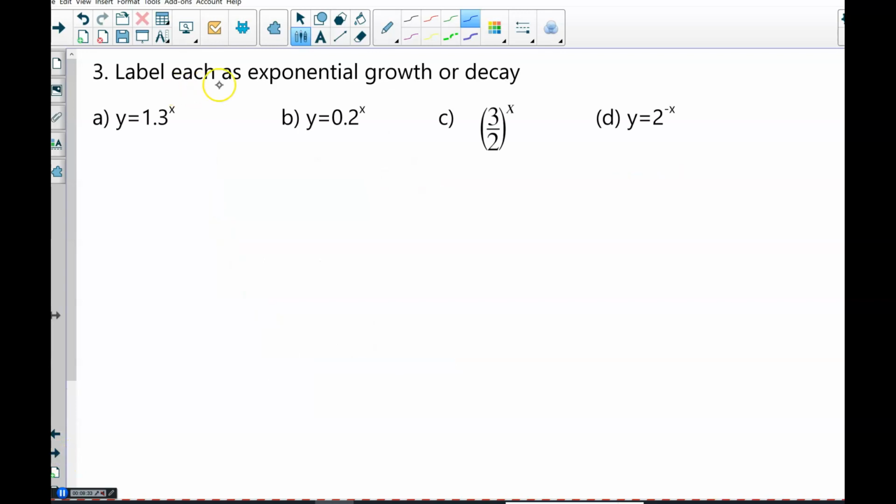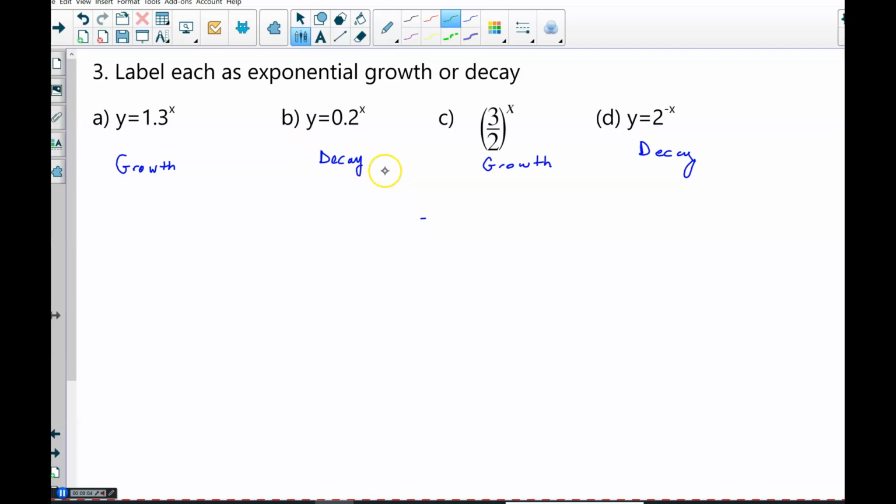So for the following exponential graphs, I'd like you to label them as to whether they're exponential growth or exponential decay. So please put the video on hold. So for problem number 1, our base is greater than 1, so therefore this would be exponential growth. For part B, 0.2 is between 0 and 1, so the exponential function would show